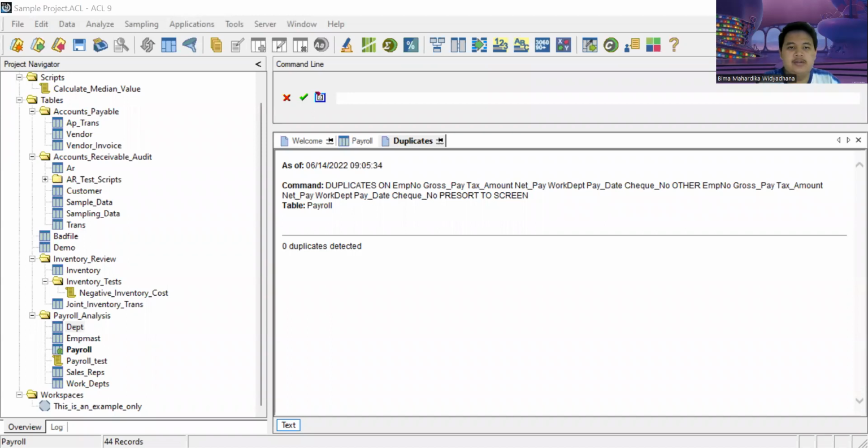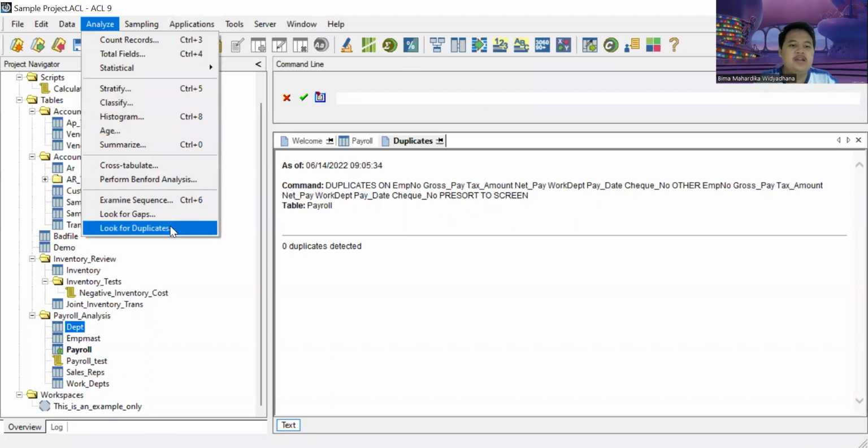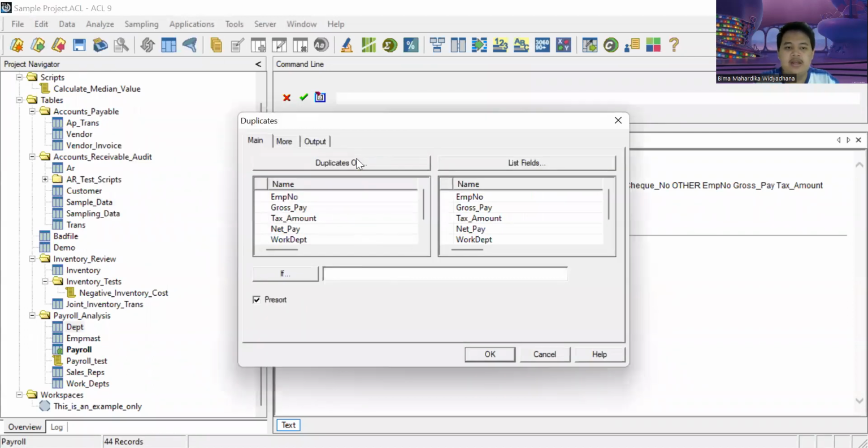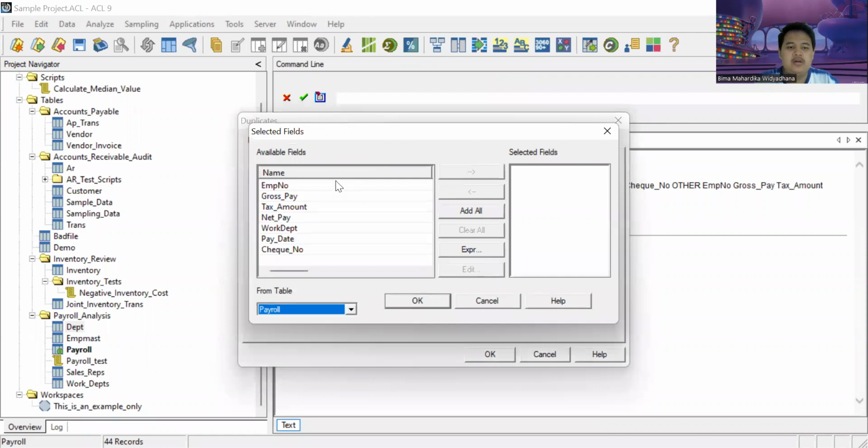The next duplication test is to look for duplicates with different characteristics. First, we go to Analyze, Look for Duplicates. In Duplicates On, we choose employee number and net pay. We click OK here.